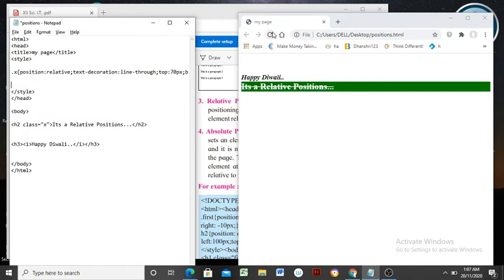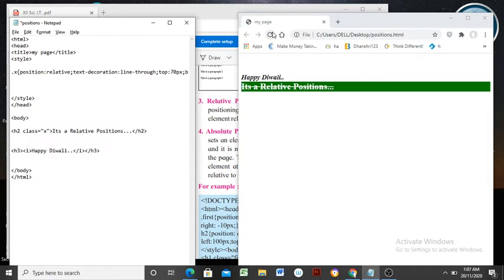It is possible again. Suppose I am going to apply .y as a positional selector. Its position is again the same as above, that is nothing but relative, and such properties with their respective effects will be applicable as per our expectation, as per our requirement.